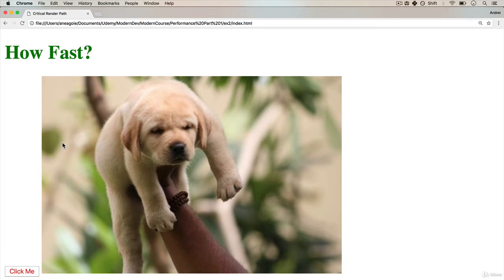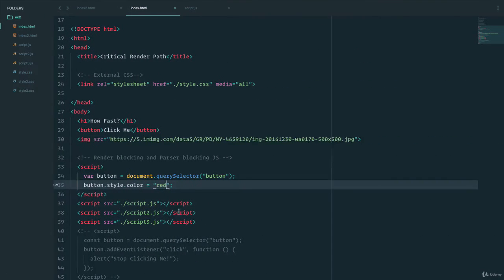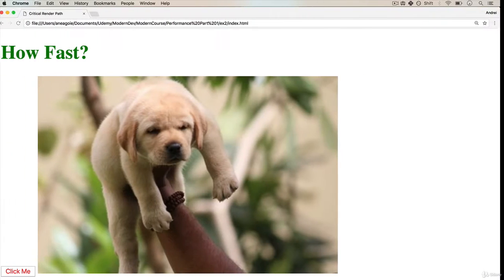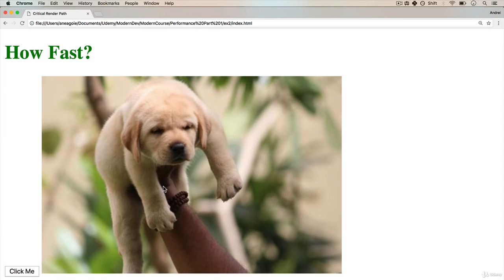When I refresh the page and take a look at the button over here, as I'm refreshing, let's do a hard refresh, there you go. You see that the button is always red. At no point, if I remove this, let's say this is just going to be the default, which is black, because JavaScript gets executed